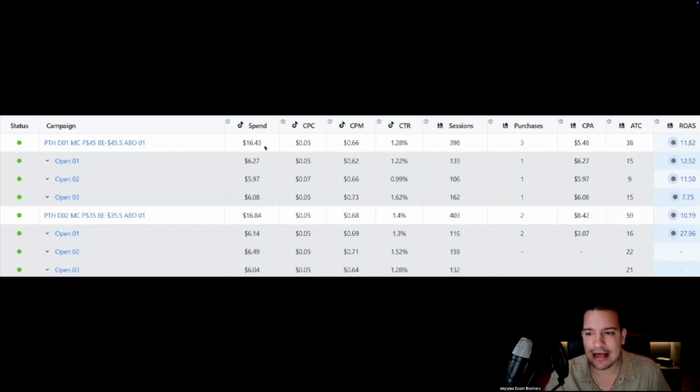Spent $16, 3 purchases, $5 to acquire a customer. That's incredible. 11 ROAS. Look at the second campaign right down there. $16 spend as well, $8 CPA, so $8 to acquire a customer, 10 ROAS. That's just incredible. And those numbers are simply new numbers with a new campaign and a new strategy that we